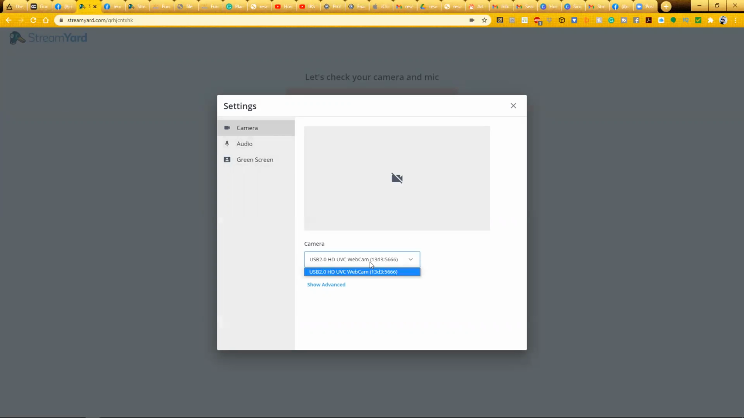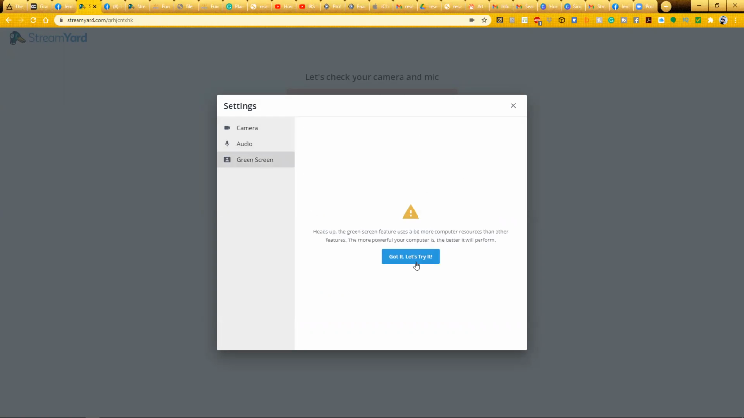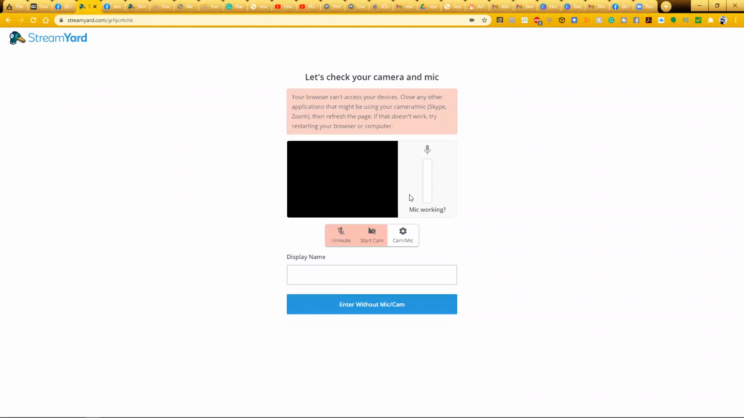And then in here, you get to select different cameras that you have, different audios. Okay, so whatever you have, you can do it in here. Make sure this is checked off for cancellation. You don't have a green screen, so you don't have to worry about it. So in here, what it says, your browser cannot